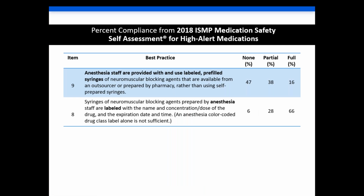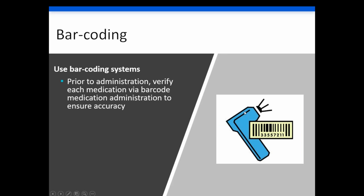So here's some data. Anesthesia provided with and use labeled pre-filled syringes of neuromuscular blocking agents, 16% fully compliant. So we got a lot of work to do there. And then syringes of neuromuscular blocking agents prepared by anesthesia staff are labeled with a name and concentration. Good news, 66% said they do that. I mentioned the barcoding already. We are hoping against hope that more